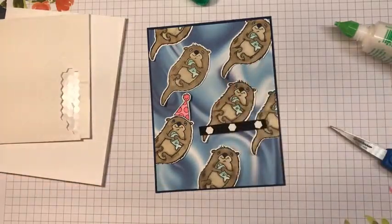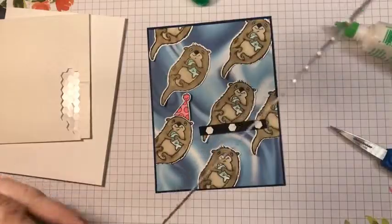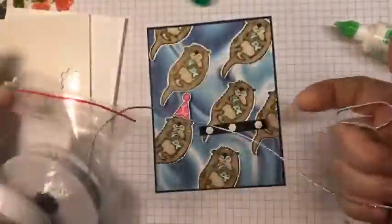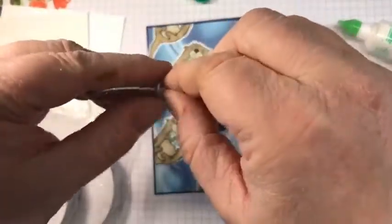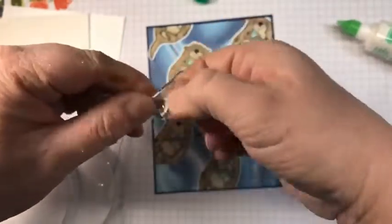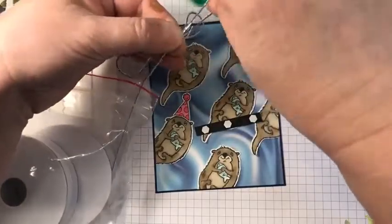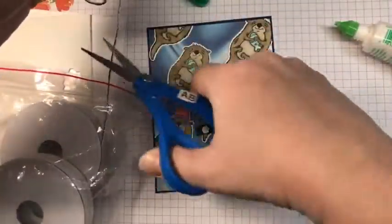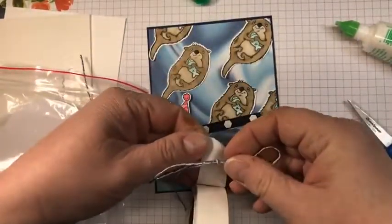And then from the annual catalog, because we're sort of working in blues, I'm going to pull out this combo pack that's the flowers for every season. And I'm going to tie myself a bow. And maybe I should have went with pink of some sort because of the hat, but I kind of thought this blue went really nicely. So we'll cut that. And then I'm going to use a glue dot and tuck that